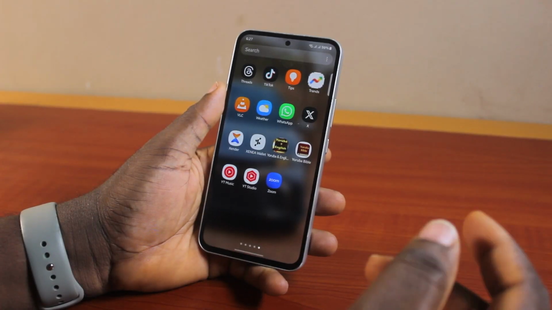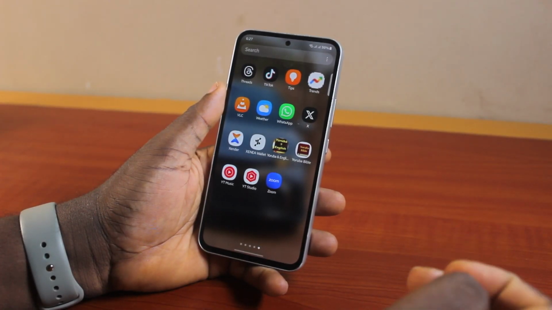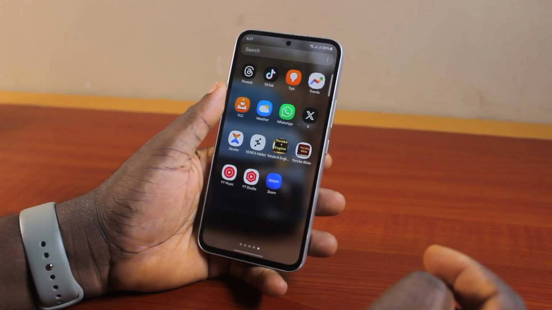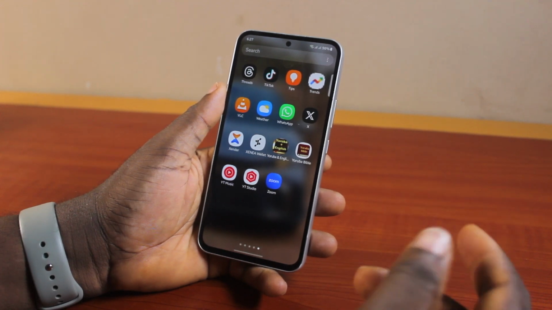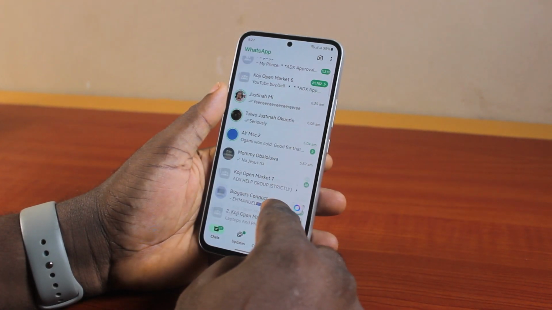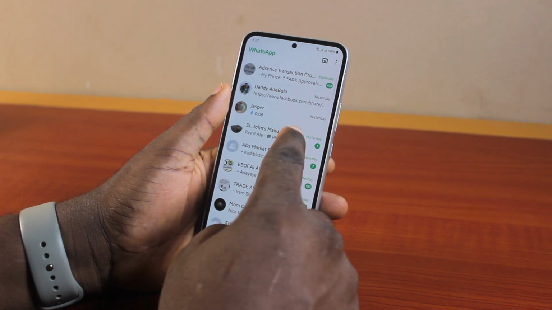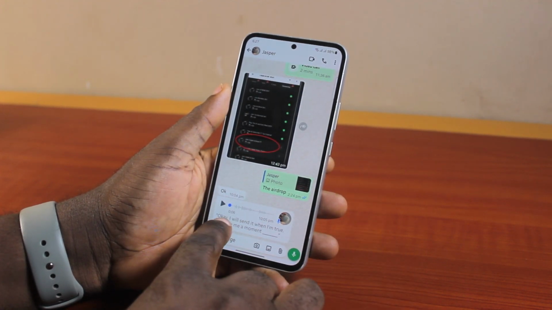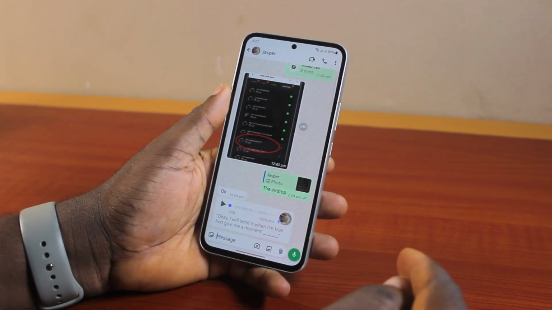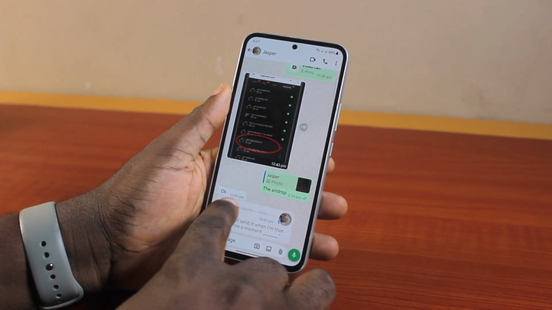Okay guys, here in this video, I'm going to detail how to turn on voice messages transcript in WhatsApp. The new WhatsApp feature allows you to transcribe all your voice messages, and here I'm going to show you exactly how to do this. So instead of listening to this particular voice message, I can easily transcribe the voice message without